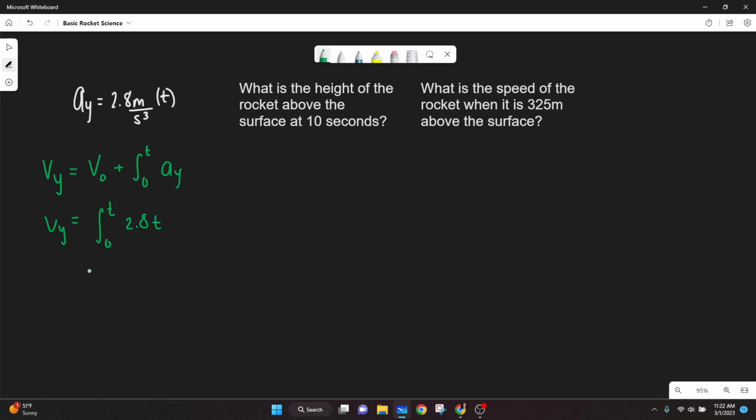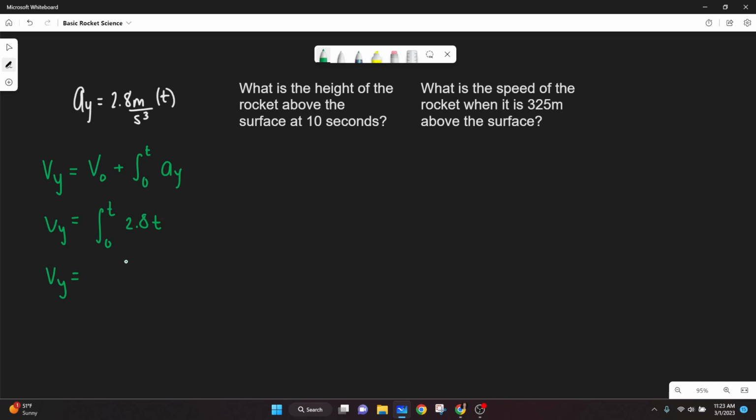t. And so vy, our velocity along the y dimension, means up and down, because rockets generally move up and down, unless it's a ballistic missile or a cruise missile where it's running horizontally. But in our case, it's just starting at rest and moving upwards. And so we want to know how high it is after 10 seconds, its position after 10 seconds from liftoff. And so the antiderivative of 2.8 t from 0 to t is going to be,